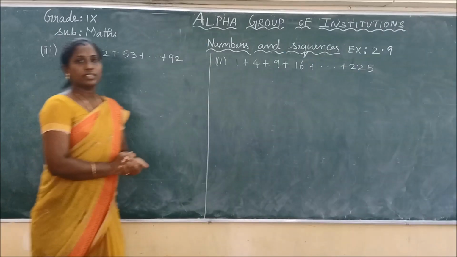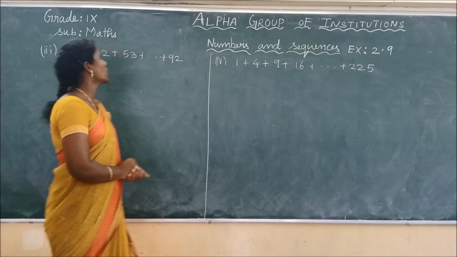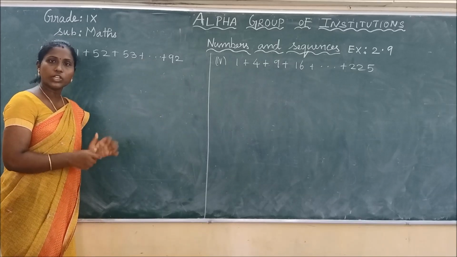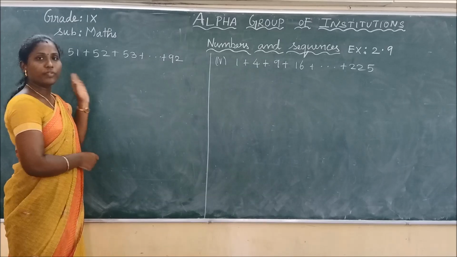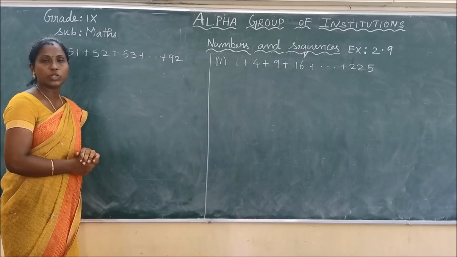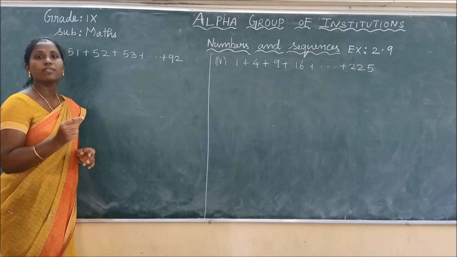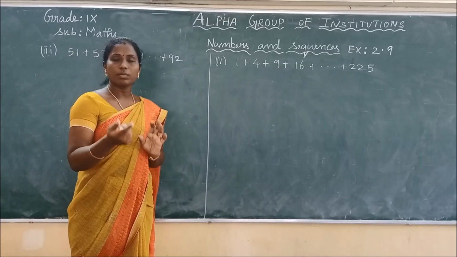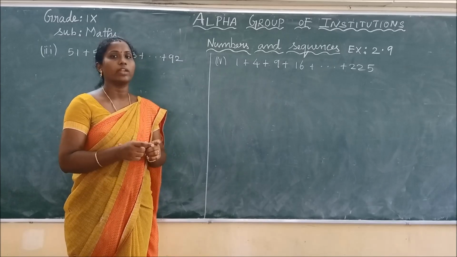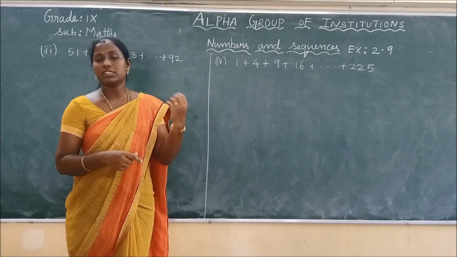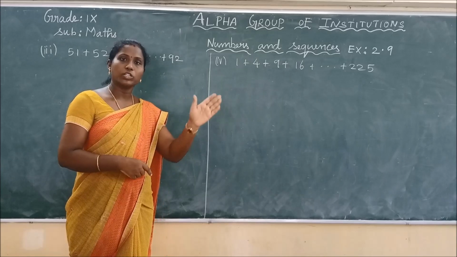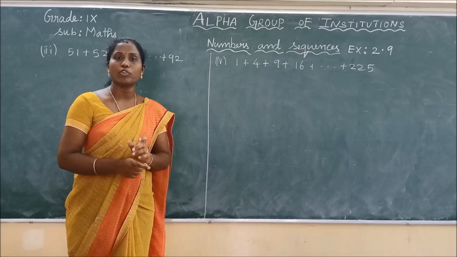Okay children, next let us see the third subdivision. See here the question: 51, 52, 53 etc. up to 92. Here we are having continuous natural numbers, but from 51 only. But in the special series, one thing we have to note clearly: all the summations, whatever the series we are having, should be from the first natural number. What is the first natural number? 1. It should start from 1. Maybe it's odd numbers or squares of natural numbers, cubes of natural numbers. It should start from 1, 1 square, 2 square, like that only. Then only we can apply the formula directly here.